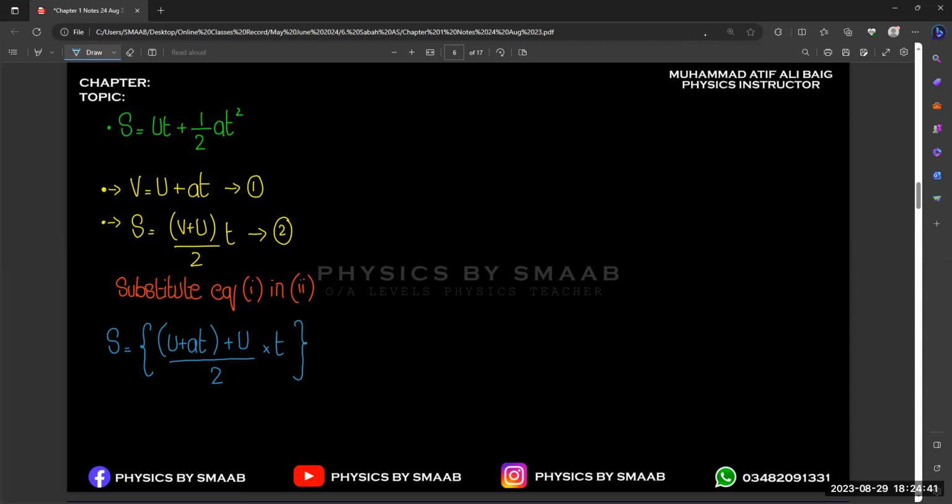So this will be your new equation. And this is the value we just substituted from equation number one in the place of V. Okay. And if we add all the values, you will get the equation S equals to